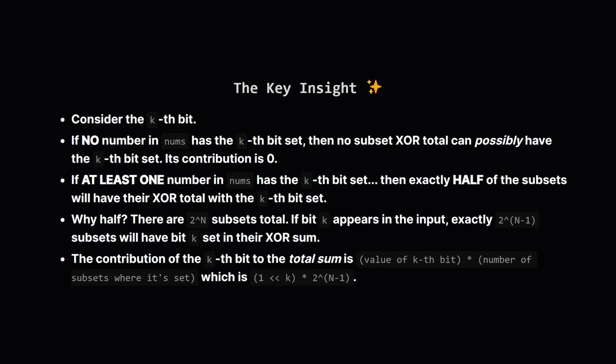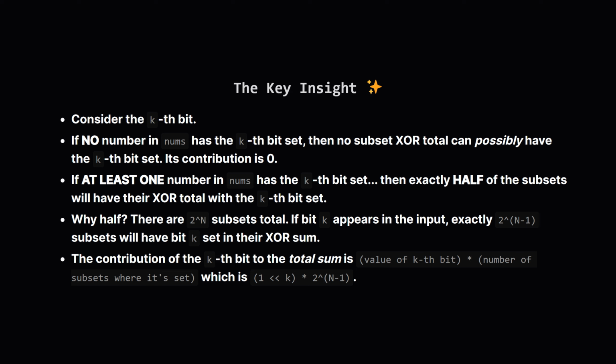But what if at least one number in nums does have the K-TH bit set? It turns out that in this case, exactly half of all the possible subsets will end up having the K-TH bit set in their final XOR total. Since there are 2 to the n subsets in total, that means 2 to the n-1 subsets will have this K-TH bit set. So the total value this single bit position contributes to our final sum is its place value, which is 2 to the k, or 1 << k in code, multiplied by the number of times it